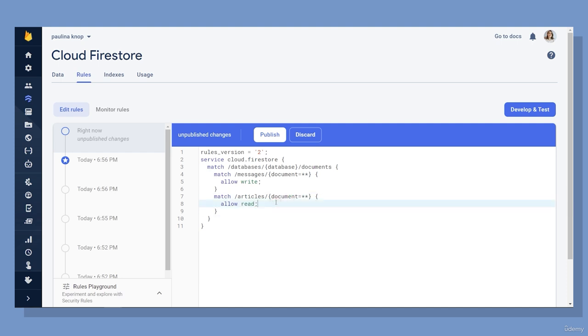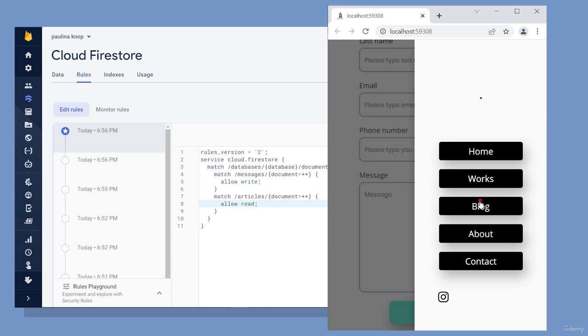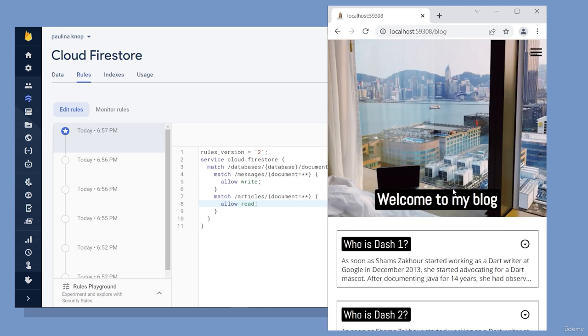If we also left write, hackers could edit the articles or add some new text to our blog section. I'm gonna click on Publish Now, and I'm gonna navigate to the blog page where you can observe